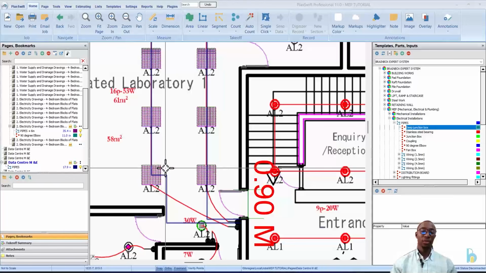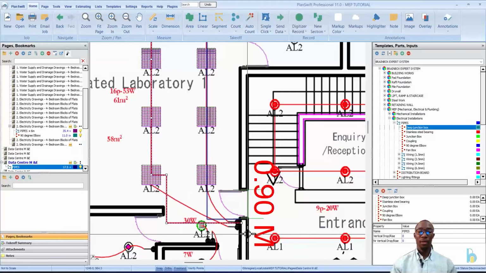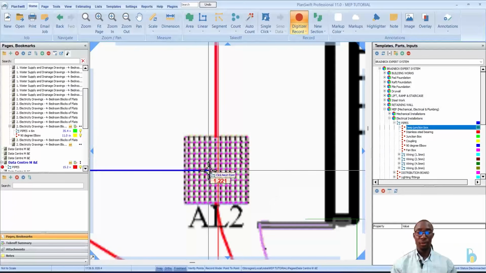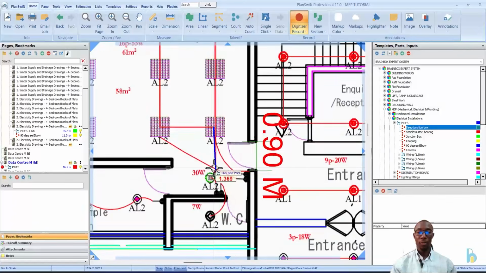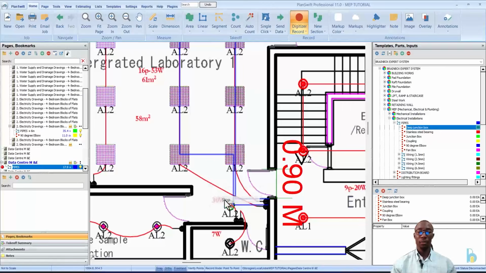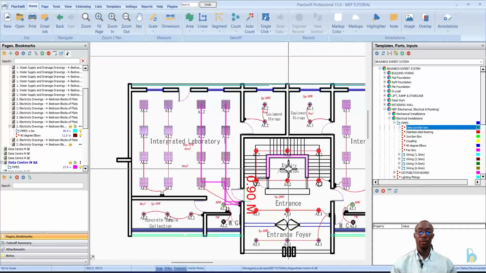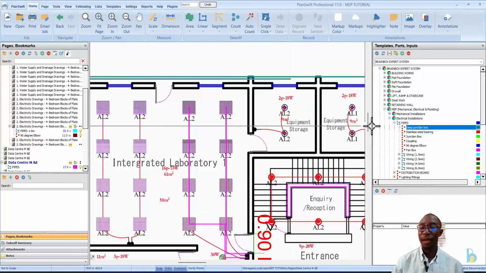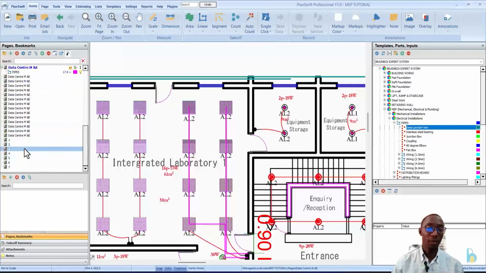So you can also decide to move your own way, or we can easily, let me delete this, and then continue. So I can move this way, and move this way, and then move this way. For this, depending on how you want to make your arrangement, so you can see here, we have some of this